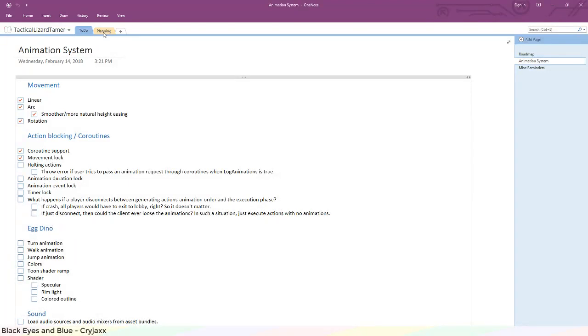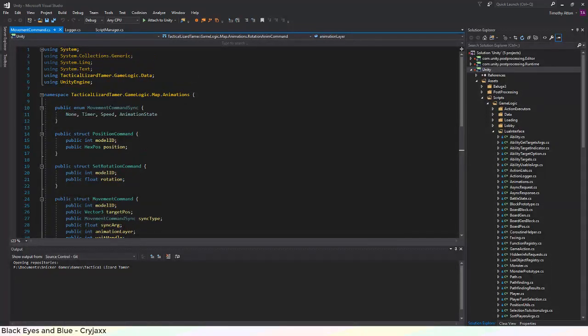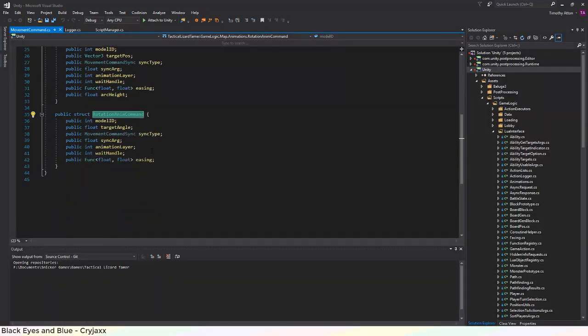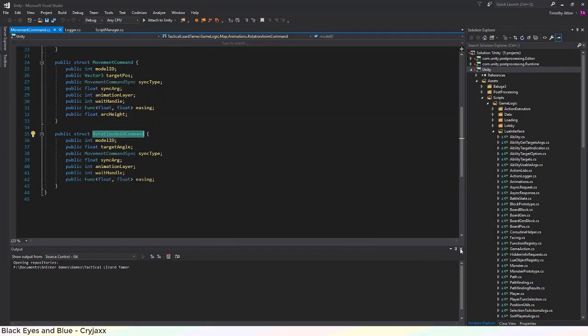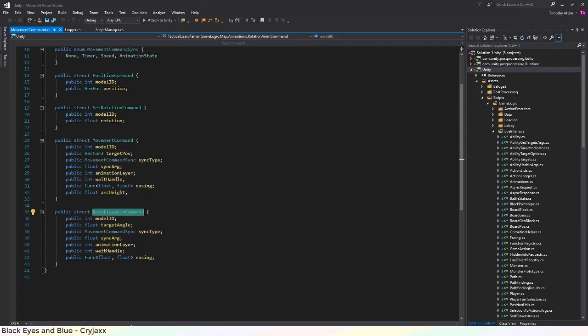I did a little bit of writing about this last night because I was debating whether I wanted a storage class that's generic for any kind of animation, or whether I wanted to store the animation command structures I've already built. And I think I've decided that we'll just have a generic storage class,